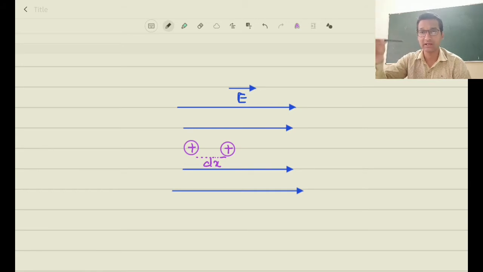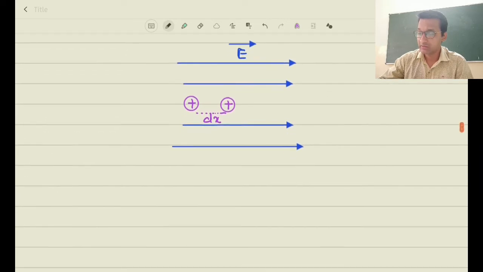It will be accelerated in the direction of the gravitational field. Its velocity will increase. But again here, the gravitational field is doing work on the object. Same way, the electric field will be doing work on this charged particle,